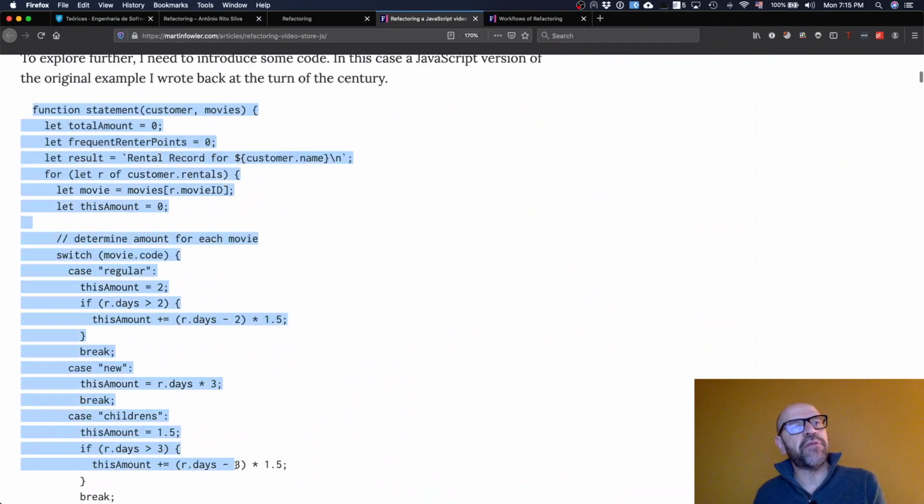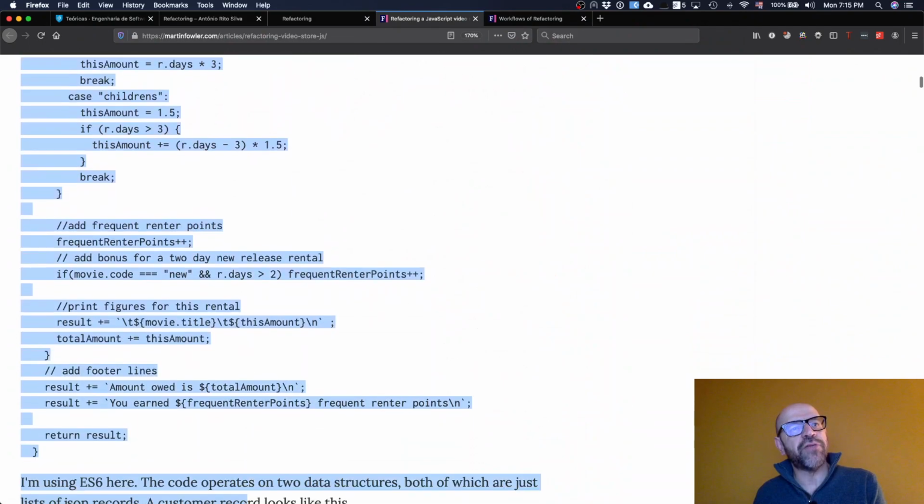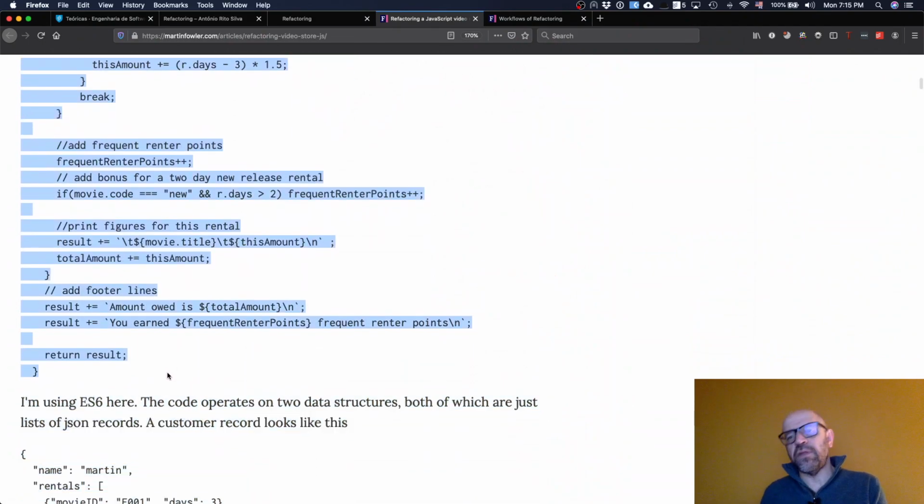So it's basically the same case, but now in JavaScript. You can read it both ways, and you can see. But the refactorings are the same. So this idea of decoupling is moving the code into a more object-oriented perspective. Okay.